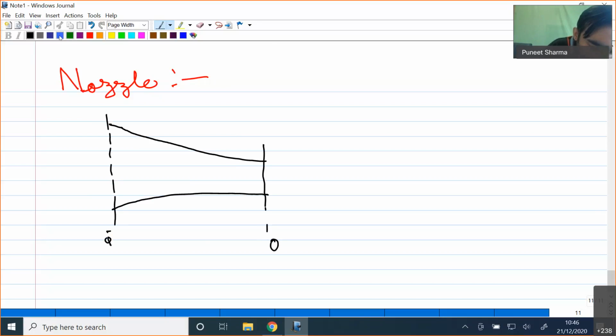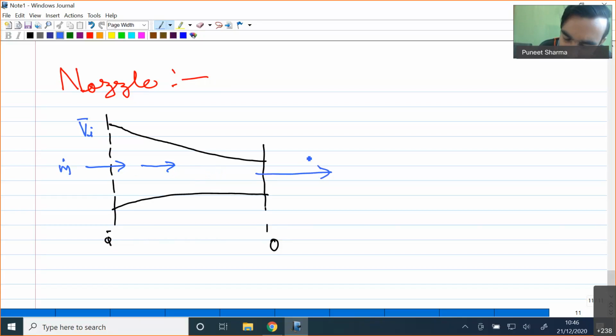if some medium is flowing at the inlet, it will have a very large area. While the medium moves through this nozzle, the cross-sectional area will keep on decreasing. When the cross-sectional area decreases, our pressure energy converts into kinetic energy. So if V̄I is the velocity at the inlet of the nozzle, and the working fluid is coming at, say, mass flow rate ṁ,